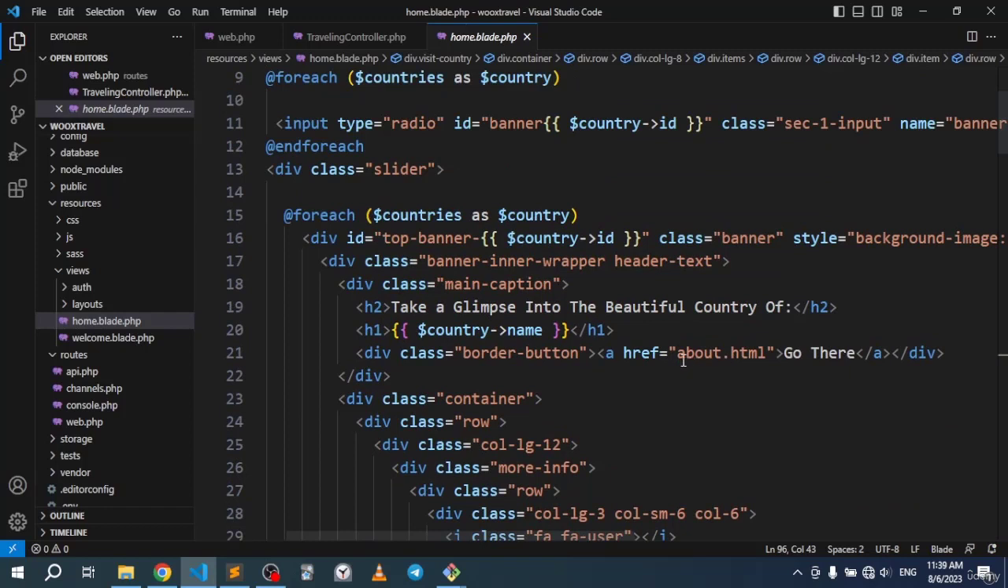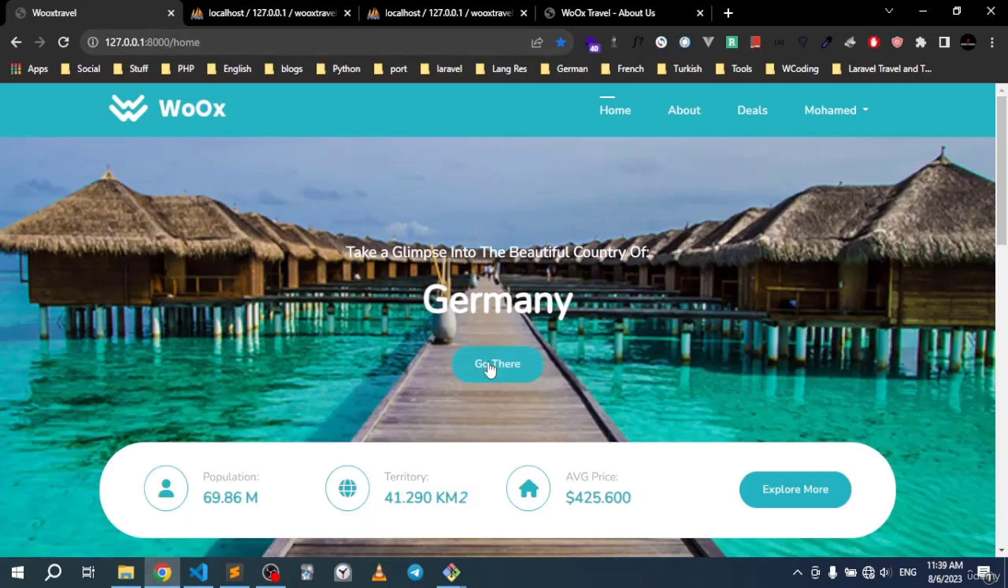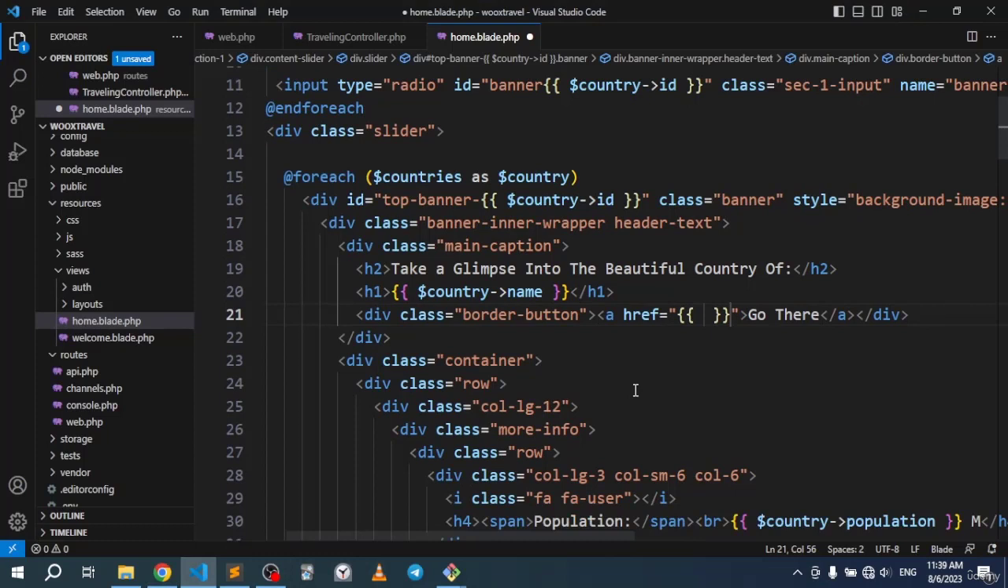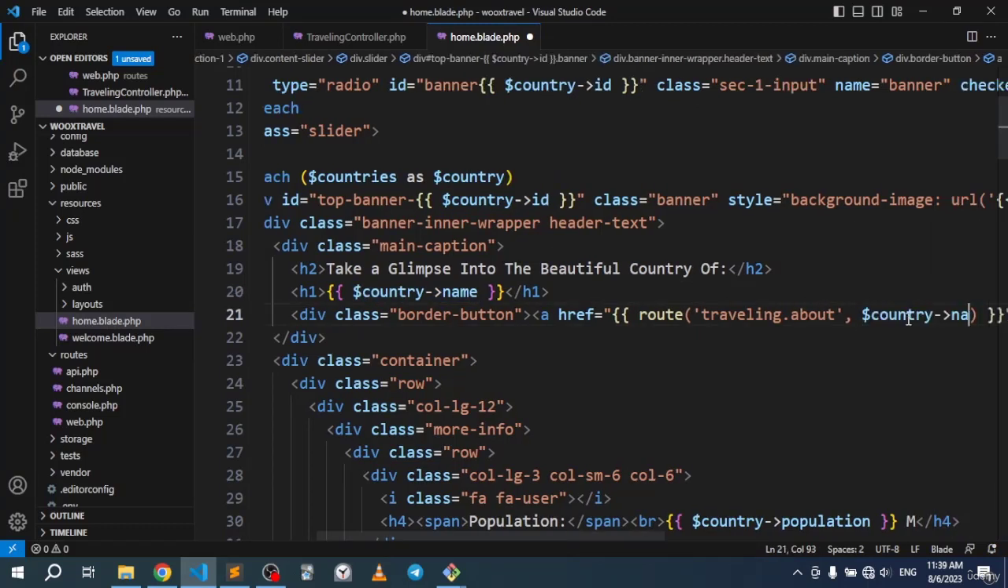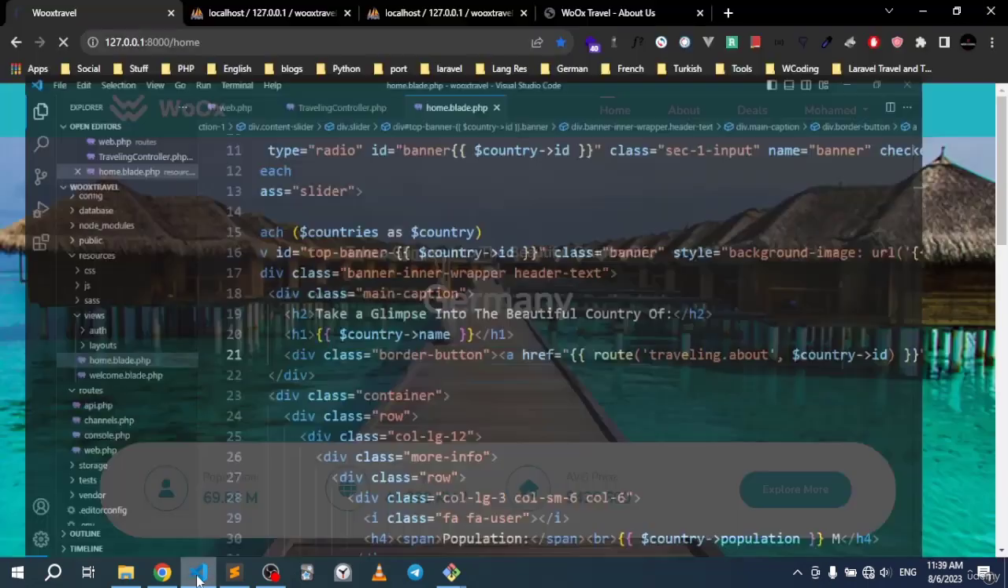So if we go right there, at this part, for example, this button right here. I want to go ahead and go to the route, and I want to paste in the name of this route, and I want to send in my ID. So let's copy this and let's go right here and just send the ID in. So if we save,